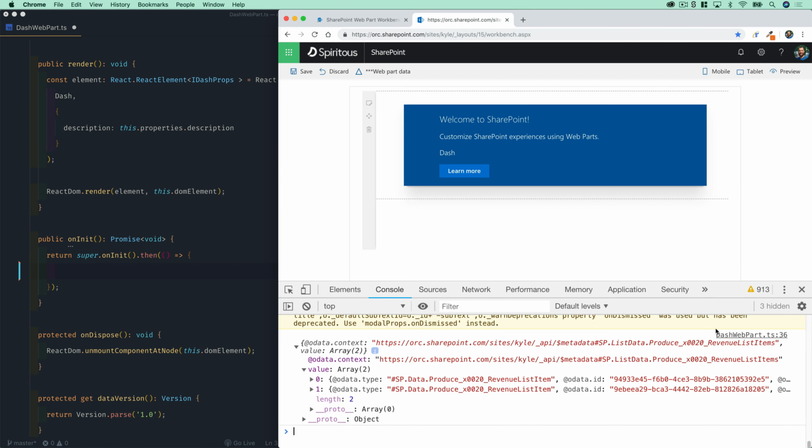Okay, so in the last lesson, we learned how to use our web part context as well as the SPHttpClient to make web service requests to our SharePoint REST services. In this lesson, we're going to take that functionality, the web part context as well as its SPHttpClient,